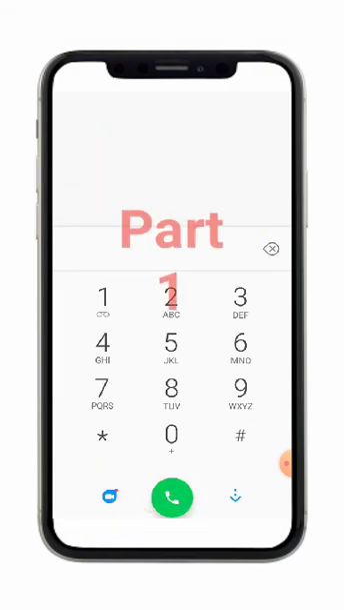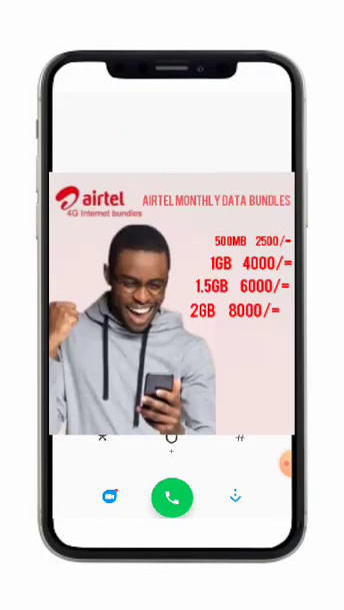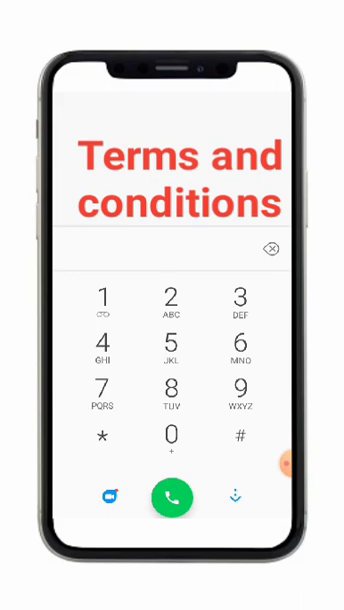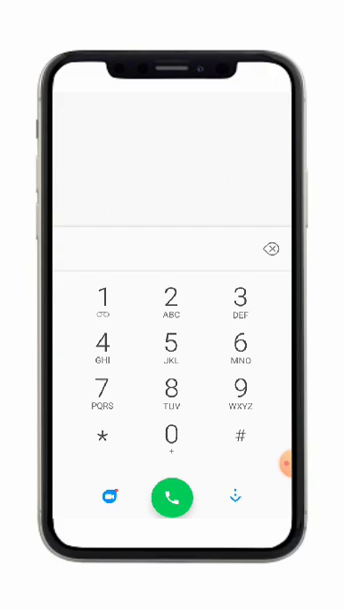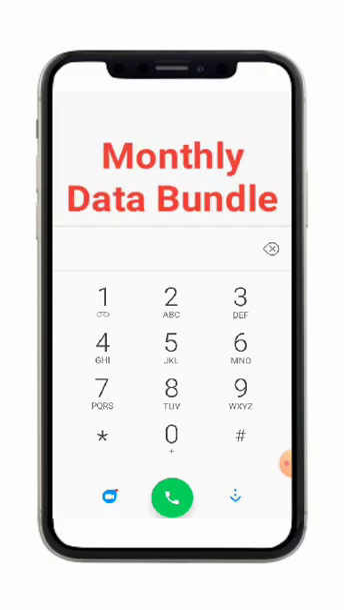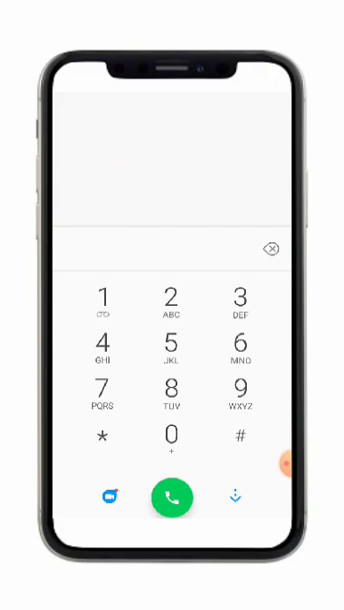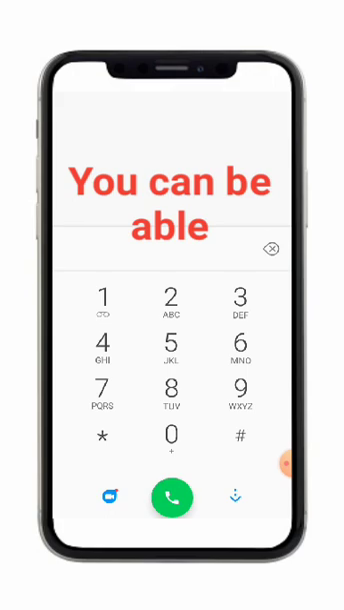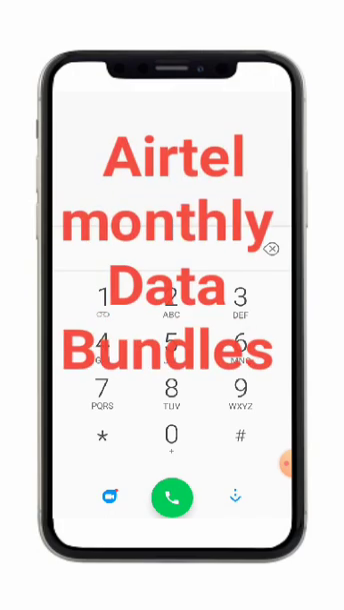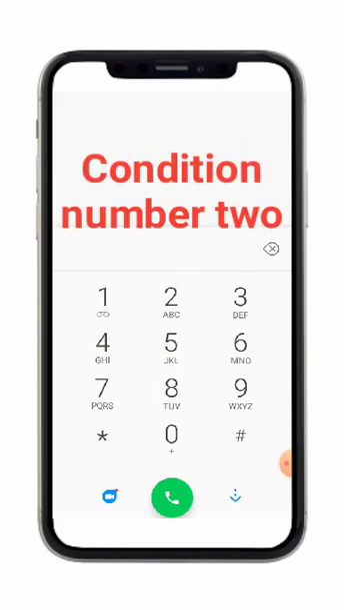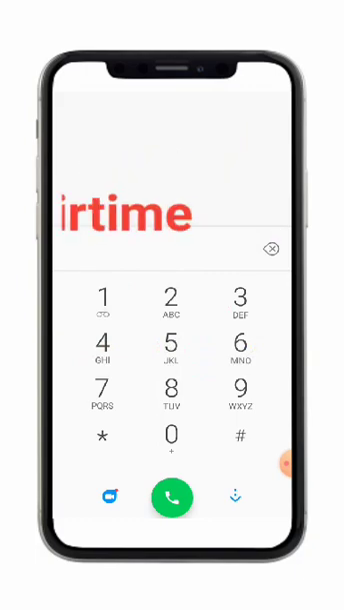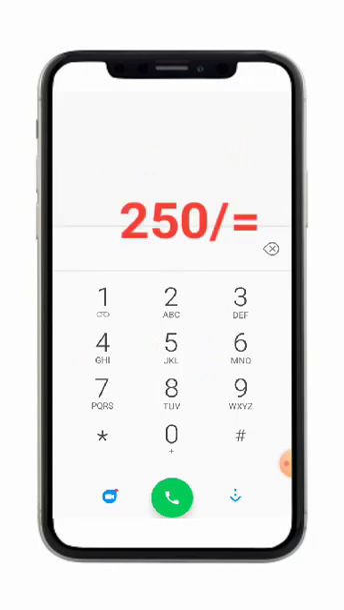Now we are going to start with part 1. How do we sell this data? Here are the terms and conditions. Condition number 1 is that you need to have purchased a monthly data bundle from AIRTEL. After purchasing that monthly data bundle, you are going to be able to start reselling AIRTEL monthly data bundles. Condition number 2 is that you need to have a minimum airtime of 250 shillings